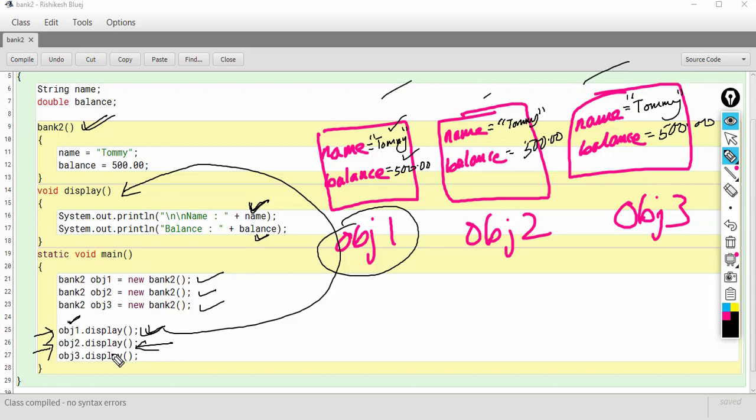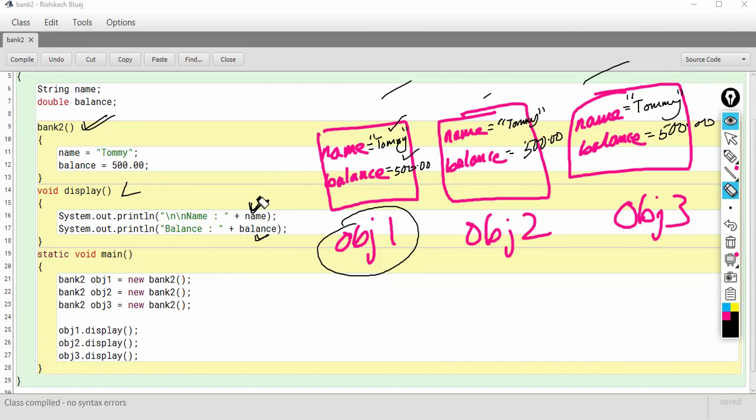This time we are calling the display function using obj2. So the display function is called again, and the name and balance of obj2 will be displayed, because the calling object is obj2.